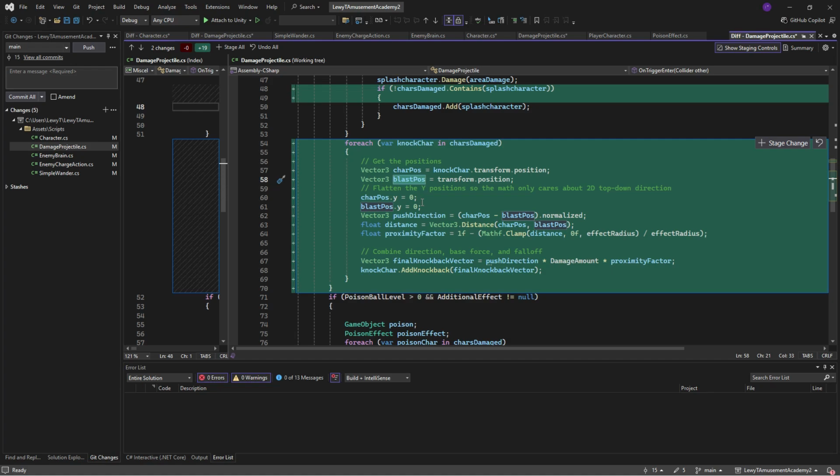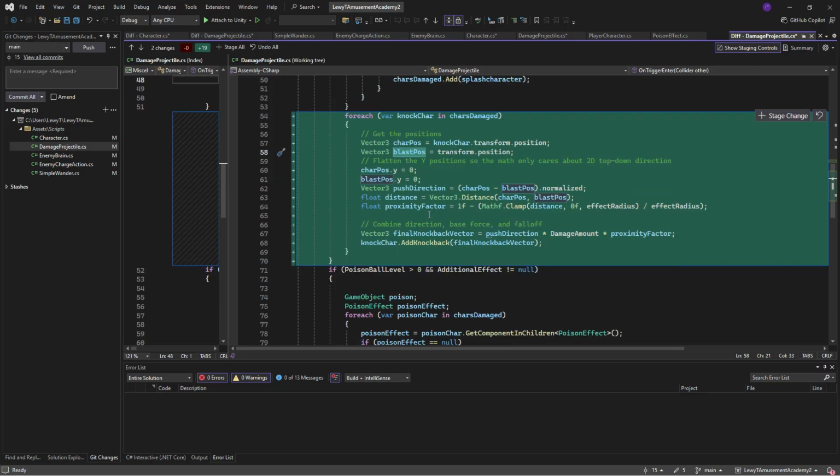We're doing this because a lot of the projectiles tend to hit on top of a character if you get a direct hit, and the knockback will be imperceptible. I found this to be the case in my testing if it's just pushing it downward instead of sideways. So we're going to first remove the up and down dimension of these two positions,